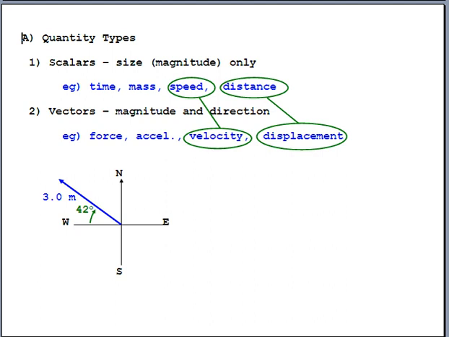So how are we going to describe that? Well, in Physics 11, we said that one way to do it would be to say, yeah, it's 3 meters. And then the direction, historically, physicists love putting directions inside square brackets. So here's the direction, and it says 42 degrees on the north side of the west line. So west is your baseline, and then we've twisted by 42 degrees towards the north in order to describe that